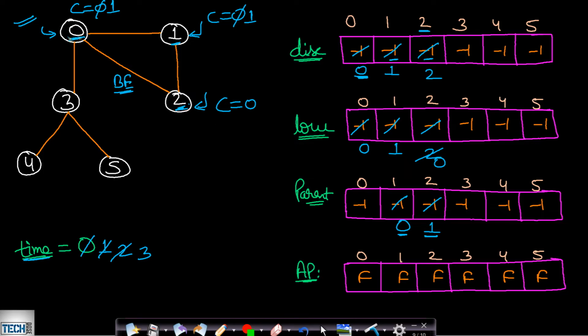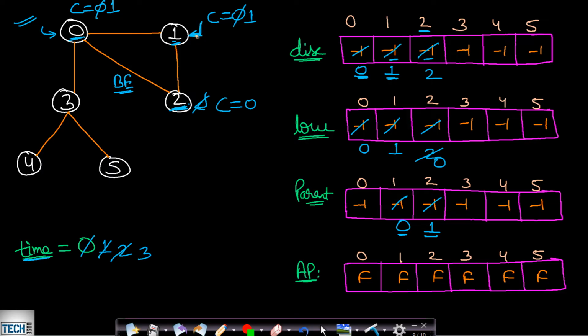So now after exploring this node 0, we will check if this node 2 is an articulation point. This 2 is not a root node, it is a non-root node. So for a non-root node, the low value of a subgraph of 2 should be greater than or equal to the discovery value of 2. I have already explained this point, but there is no subgraph of 2. So this will not be an articulation point. Now we will explore the other options. From 2 there is an outgoing edge to 1, but 1 is already visited and 1 is the parent of 2. So we will not explore it. Now again we check if 2 is an articulation point, but it is not. So we will backtrack from 2 to this 1.